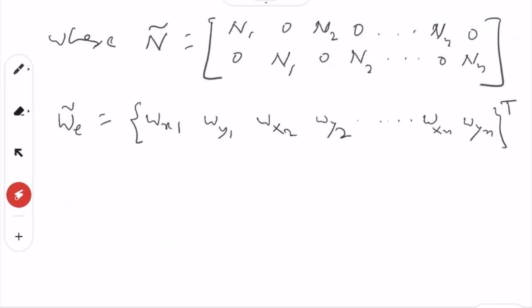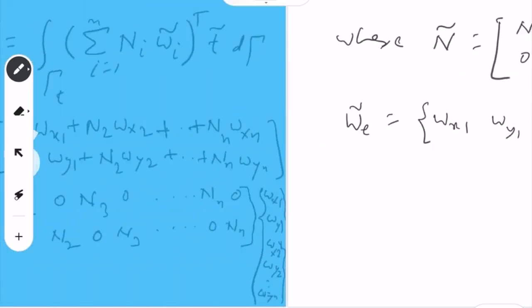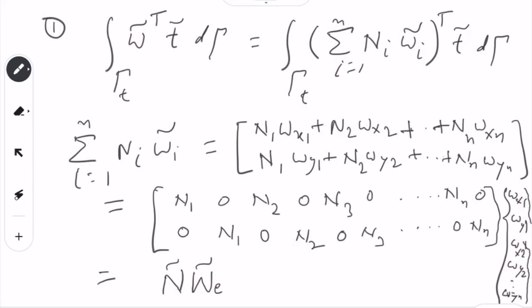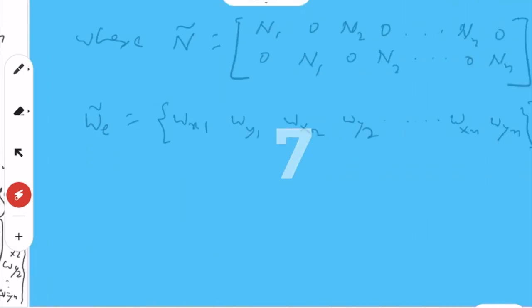We can also write similarly. Right now we can have just this one, and we can come back to u tilde later on. As far as now is concerned, we can put this value here. So, N tilde W e tilde. Basically here this value will be equal to, so we can write